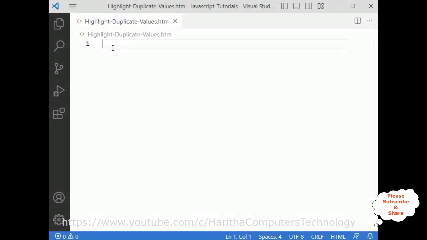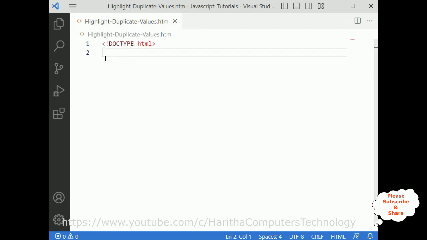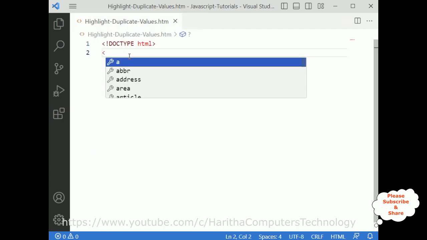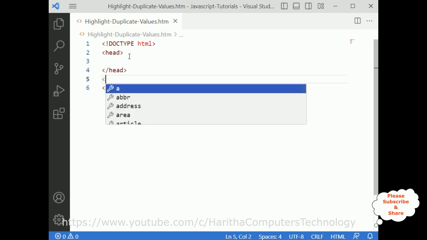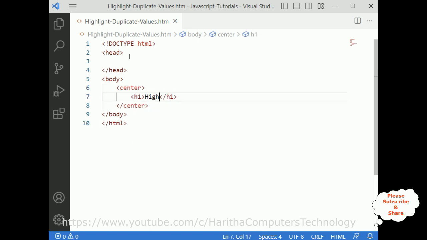First let's add the doctype, the basic HTML elements I'm adding here. Let's close the HTML doctype. I'm closing the HTML element. And after that I'm adding the head section. Inside the head section I'm adding one body element. In the body element I'm adding one center tag, which contains one header,